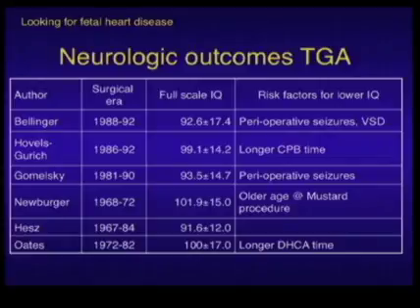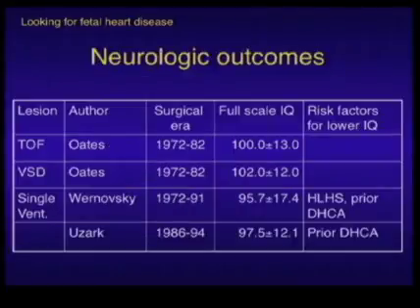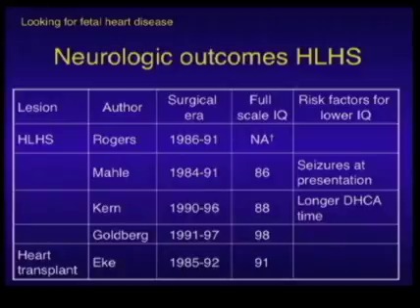You can see there's a pretty broad range here from the low 90s to the average at 100 for babies with transposition. With tetralogy and ventricular septal defect, the numbers look pretty good. Probably normal for single ventricle, but for hypoplastic left heart, there is evidence for some kids of having really reduced full-scale IQ scores. And while that hasn't been uniform, this is an area that we need to understand better,